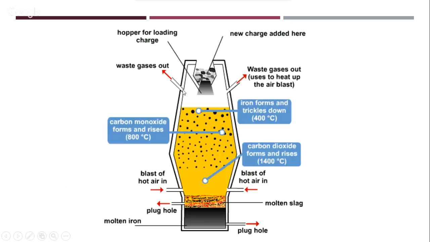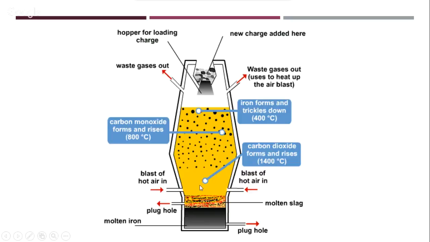And all the waste gases, there is an opening for the waste gases. Whatever iron is coming through this, it forms and it trickles down because at such a high temperature it actually melts. If you realize, the temperatures are very high at the bottom and very low at the top, so at this part itself, carbon and carbon monoxide and CO2, everything is formed, where you can see my cursor, and they are given out as waste gases. So most of the impurity is taken out at half of the height of the blast furnace itself, and the